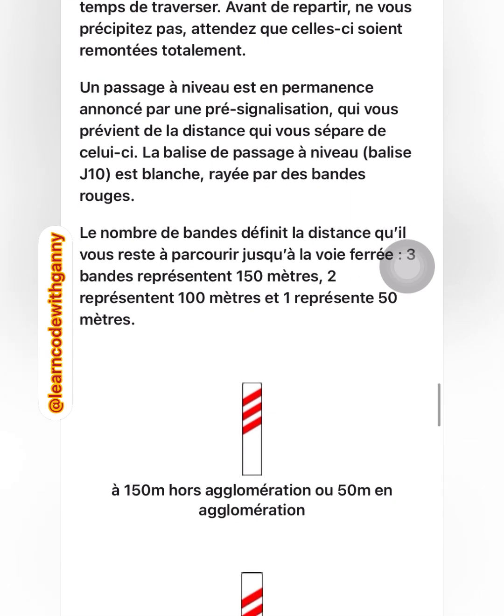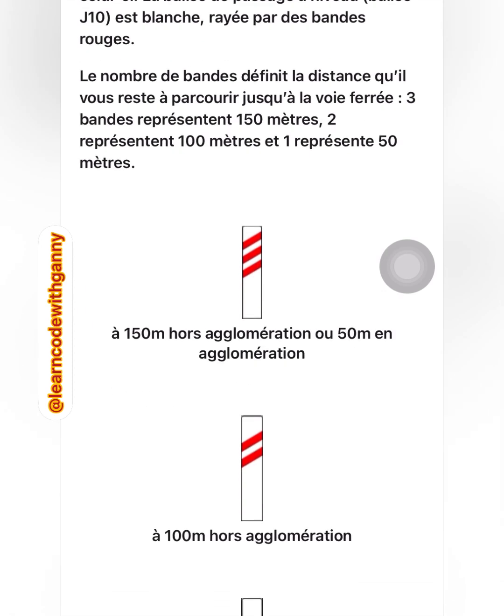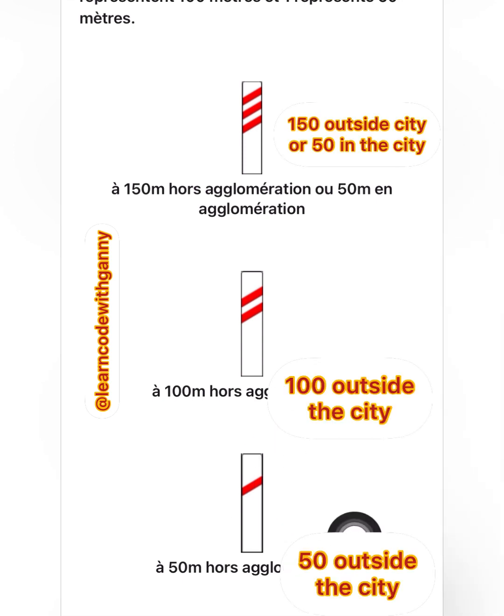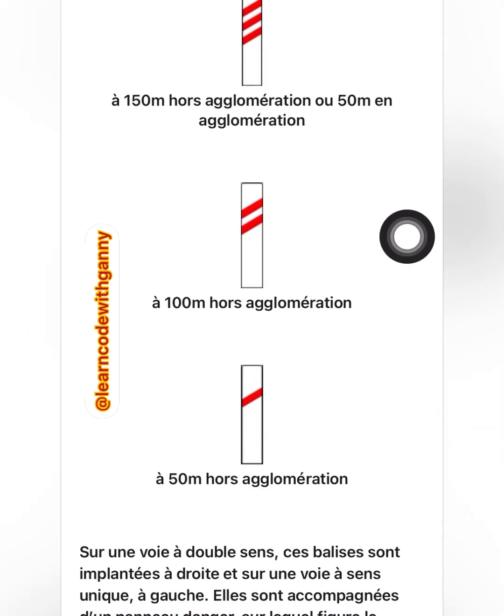And this one, when you are outside the city, is 150 meters. When you are inside the city, it is 50. That's why you see this one is 150, this one is 100, this one is 50. You can always see this one in the city because each one represents 50, 50, 50, 50. Okay,